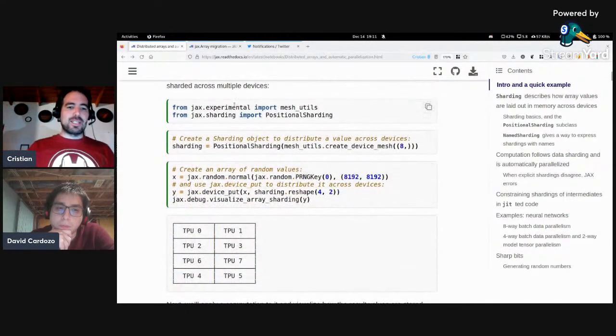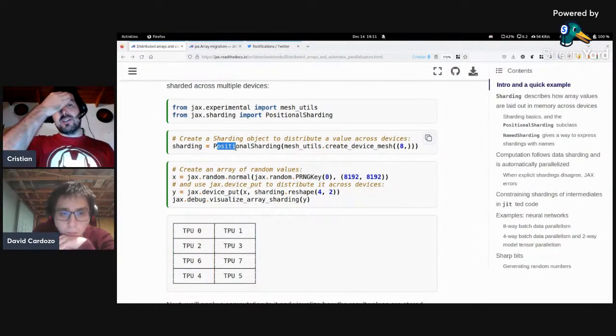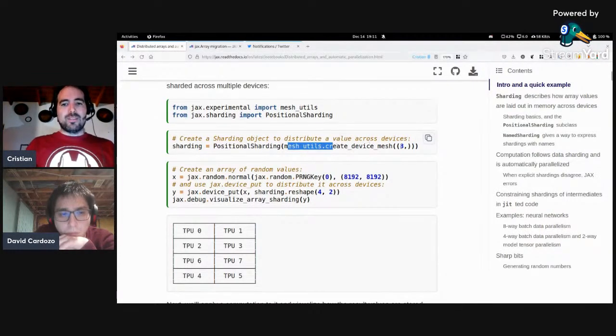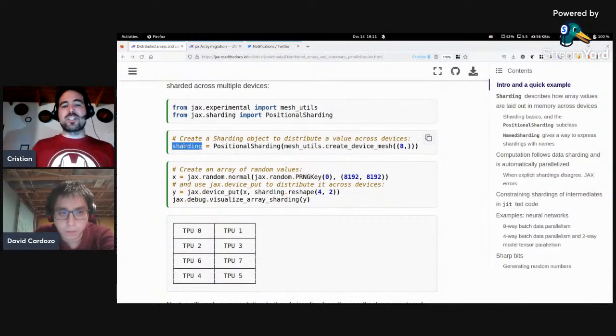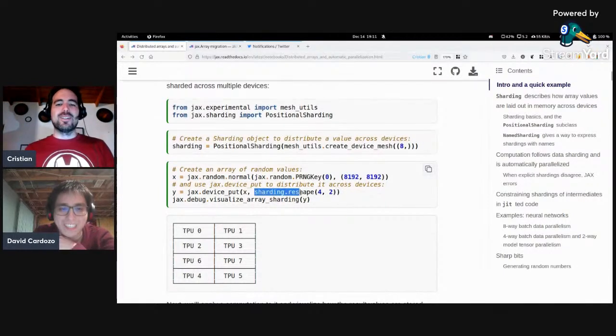So if we look at this simple example, the idea is that you create a sharding, so you have to create a mesh. So you have certain devices. For example, TPU has 8, and then with that you create a sharding, and that sharding has a nice API. It behaves like an array itself. So it has reshape and other utilities that you can use to give it a shape, and then